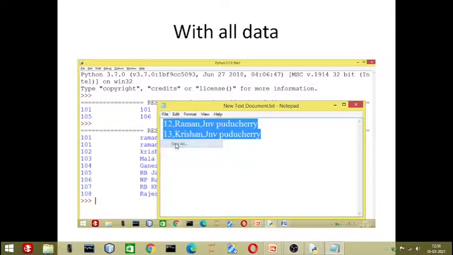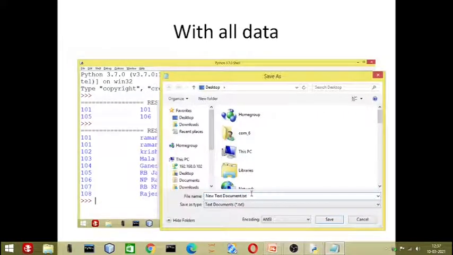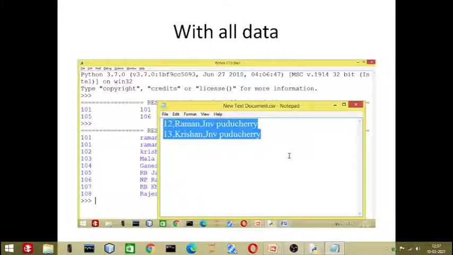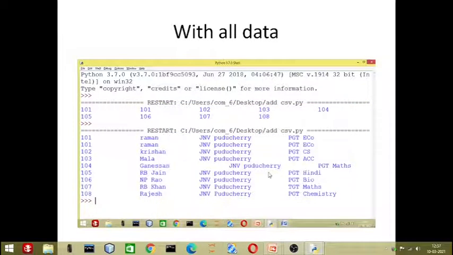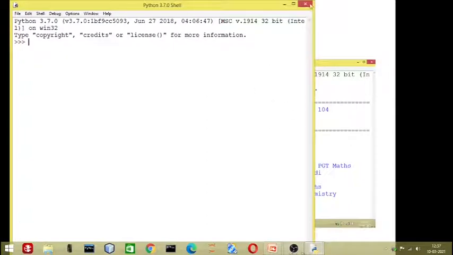We'll save this file with Save As. Actually it is a text file, so we'll convert it to a CSV file. You can do this by using the previous session method also. You can ask the user to enter all these values and the file will get created automatically, but here I am going to create it manually because I am not covering that session. Now we'll go to the coding session.